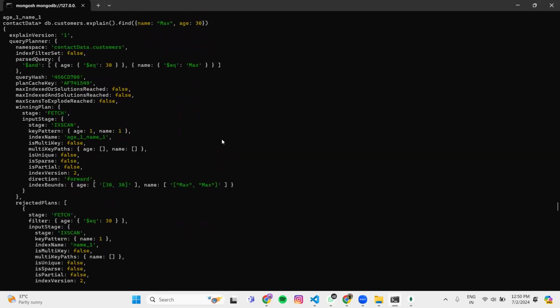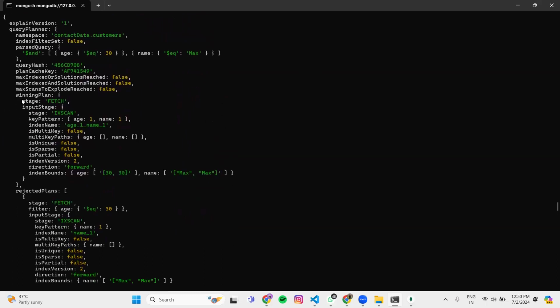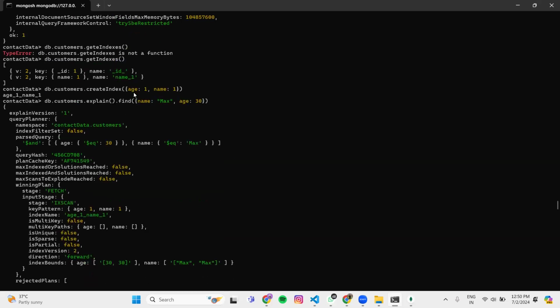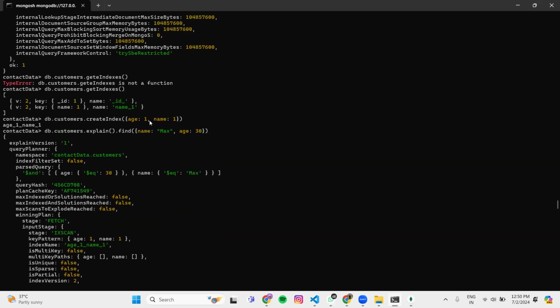Now while using explain, I have this winning plan and rejected plans. For example, we create a compound index for age and name. This is the only way right now that we should be creating this because we already have a single field index for name. So as we saw earlier, whatever we write first on the left hand side in